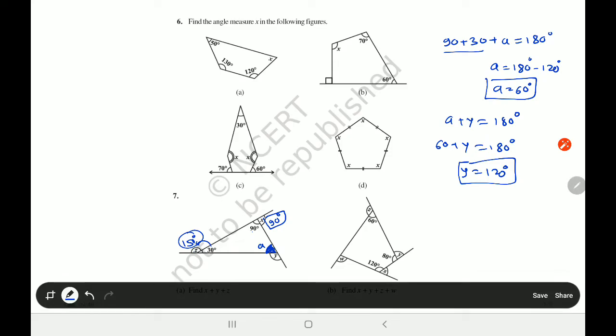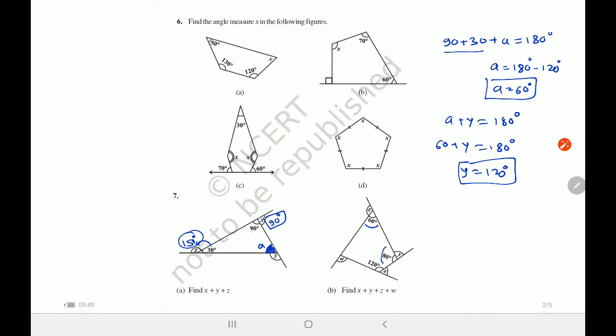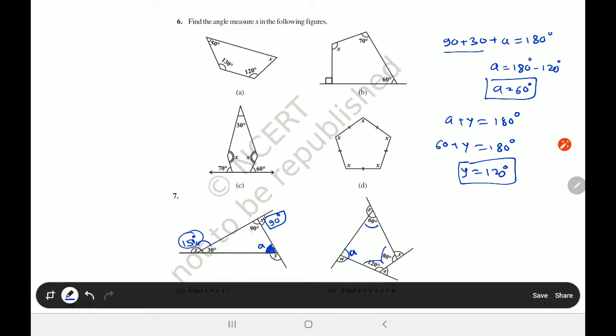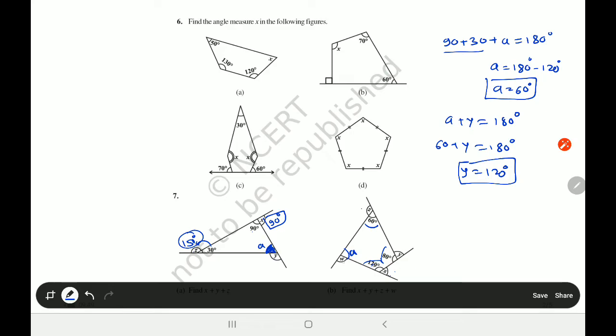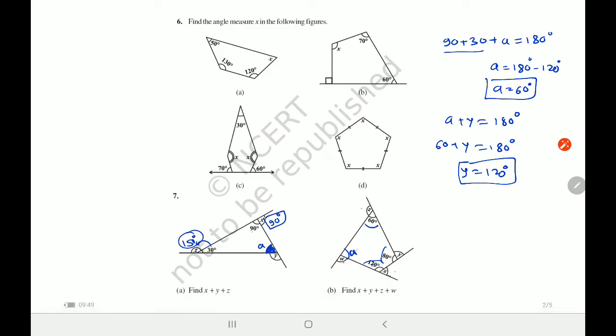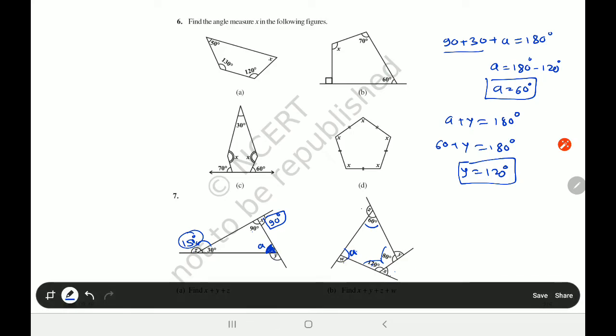तो इसमें हम लोग वही करेंगे. ये देखो क्वाड्रिलेटरल है, ये 3 एंगल दिए हुए हैं. कैन यू फाइंड दिस एंगल? लेट मी कॉल इट a. Okay, so this is the quadrilateral. In this case, you can easily find out the a value by using the angle sum property of quadrilateral, that is 360. Once you get a, you can easily find out x, which is the linear pair of 120, y, which is the linear pair of 80, z, which is the linear pair of 60, and w, which is the linear pair of a, which you are going to find out, right?